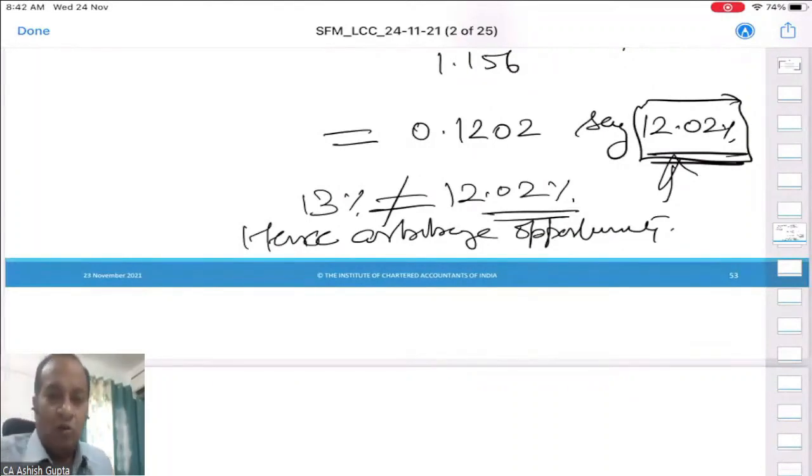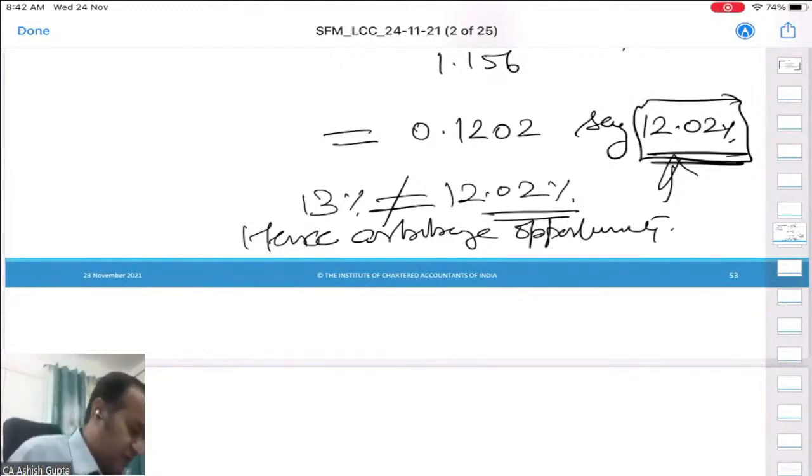So far as the type of curve for the preferred habitat curve is concerned, it is almost always upward sloping because they want some premium, and of course the premium will be on a higher side. Nobody will say, I want a discount for my longer period. So for the preferred habitat curve, in most cases it will be upward sloping, and for the spot rate curve, it can be downward or upward. This depends on the market. Now, student, let us go to the assignment and solve the question.